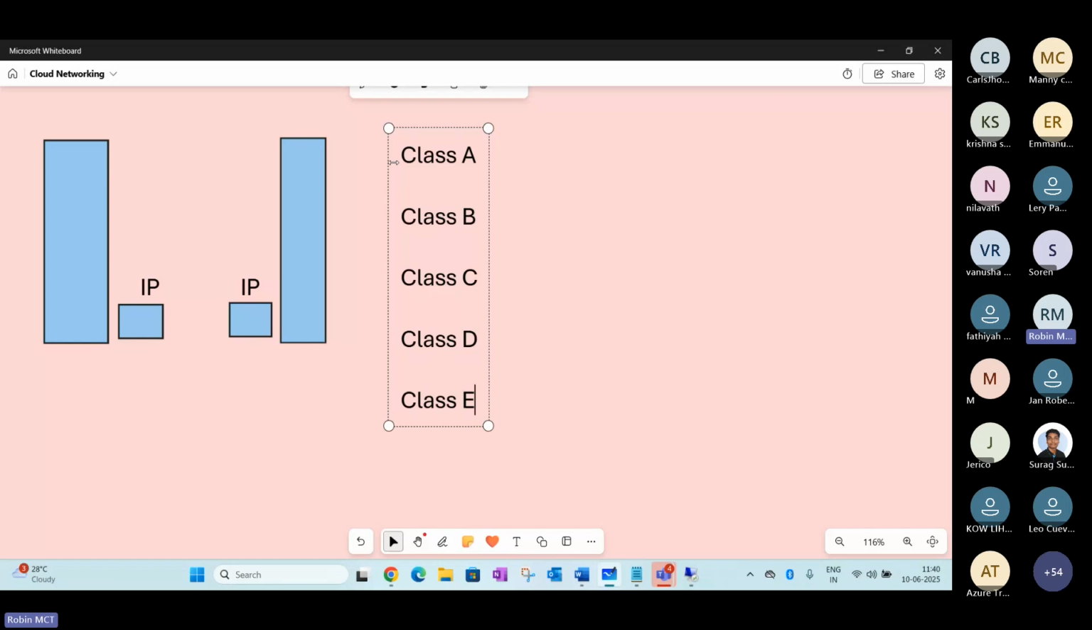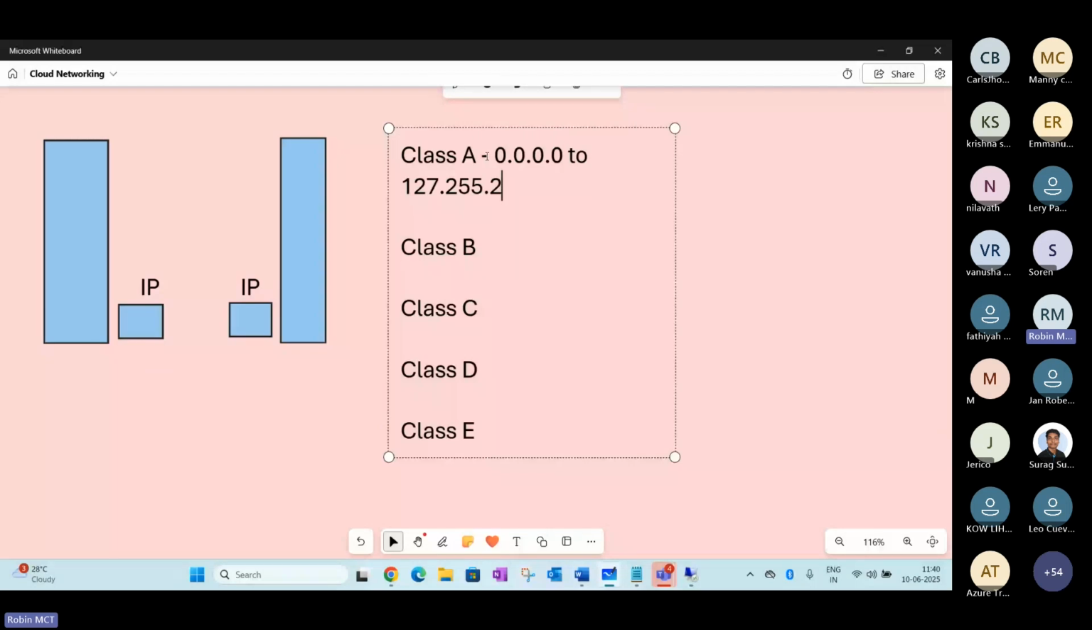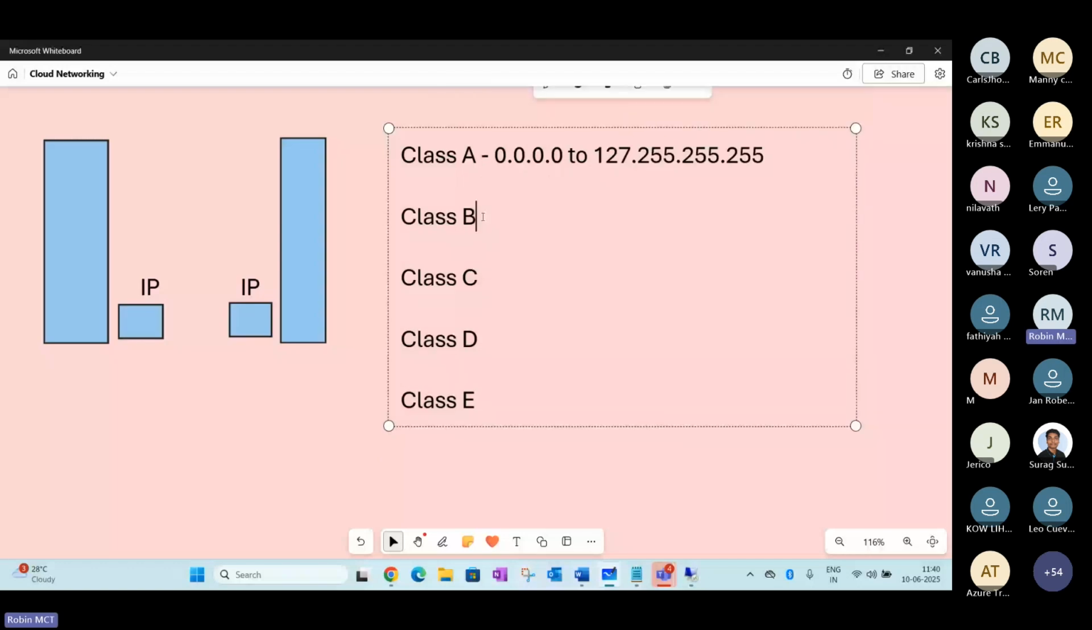Class A IP address normally starts from 0.0.0.0 to 127.255.255.255. Class B IP address normally starts from 128.0.0.0, and the range goes up to 191.255.255.255. And class C IP address normally starts from